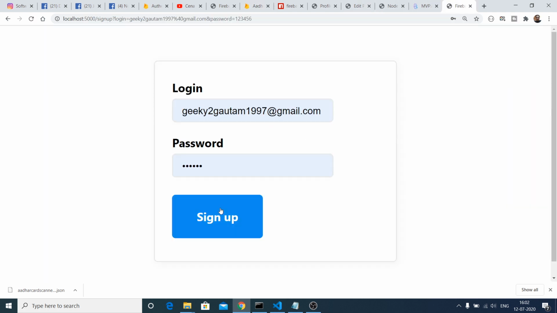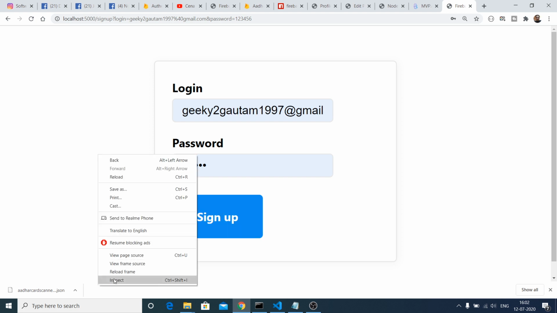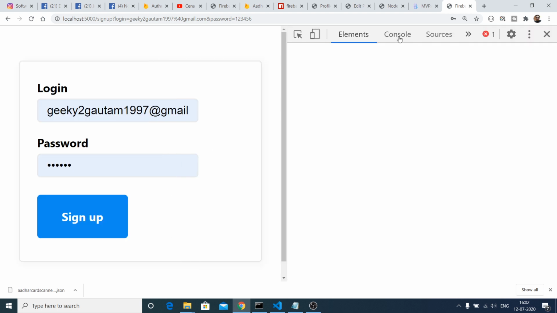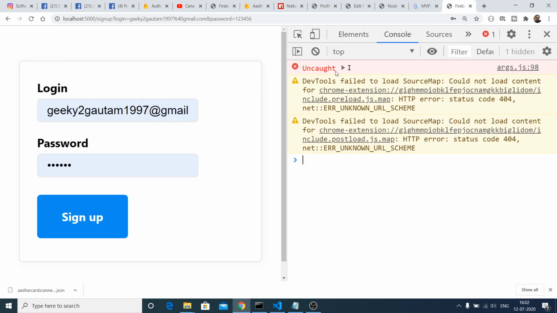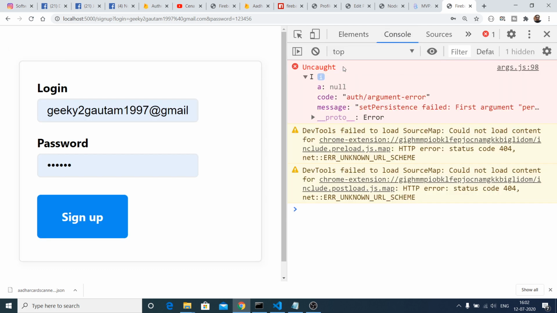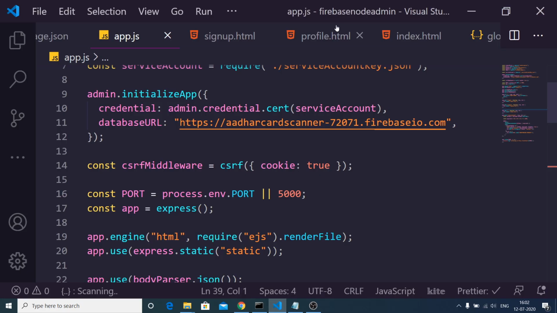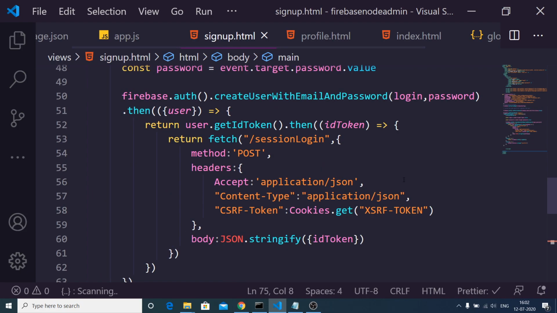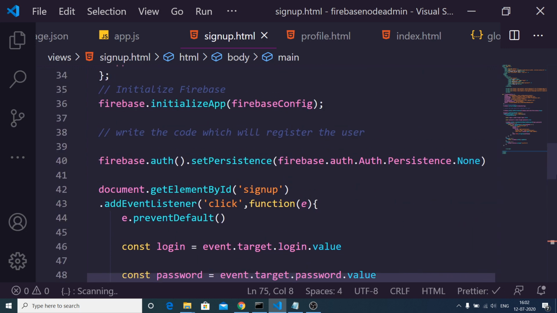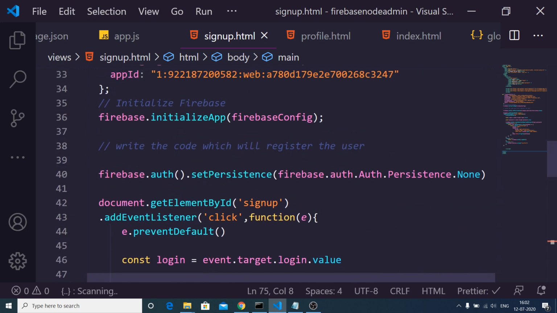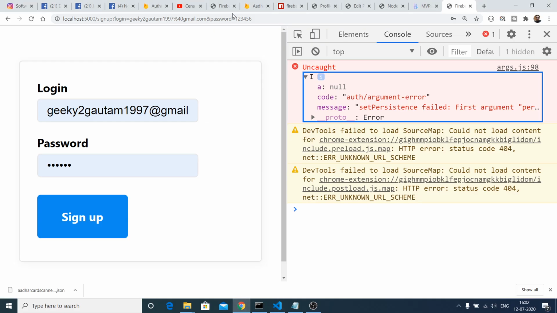If I click sign up here, it is saying that set persistent failed. I think it is referring to this line which we have right here. So I think this line is creating this error.